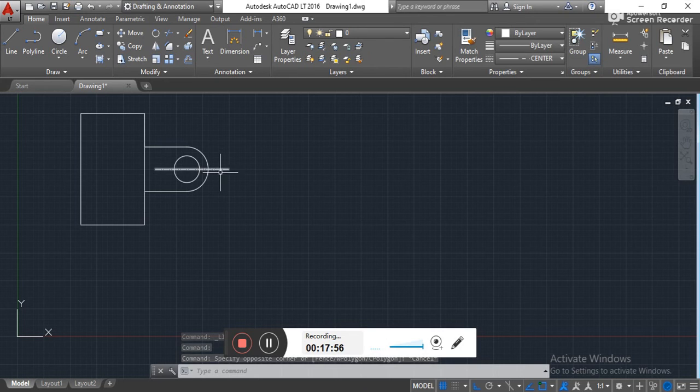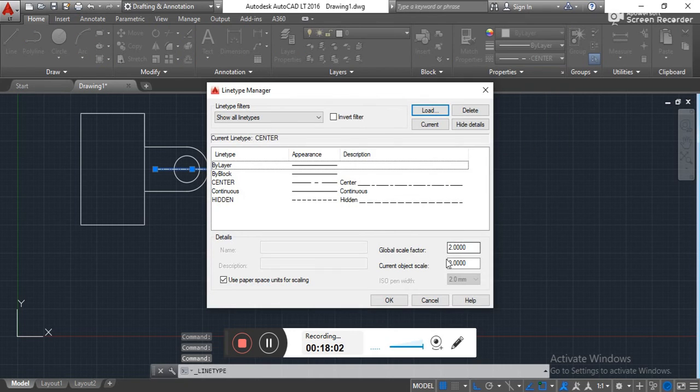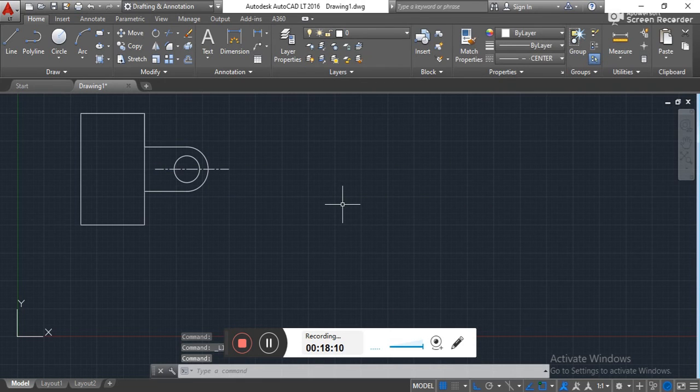Again I am selecting and moving to other, and the scale taken is, let's say, 4. So now it's clearly visible that it's a center line.